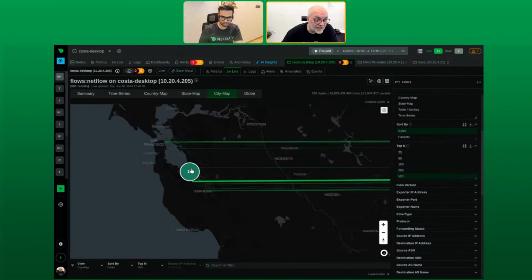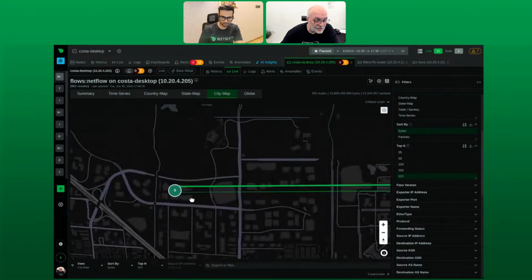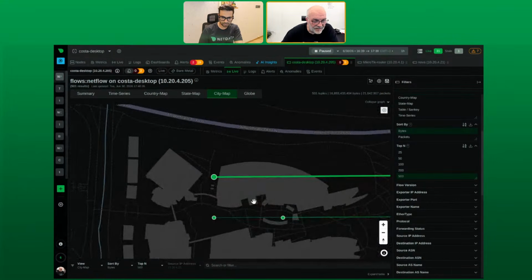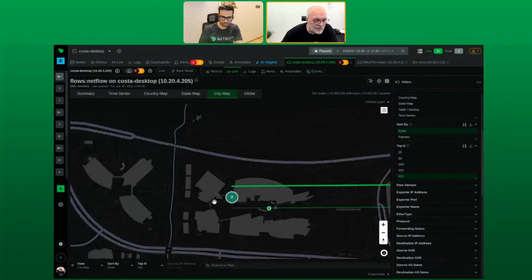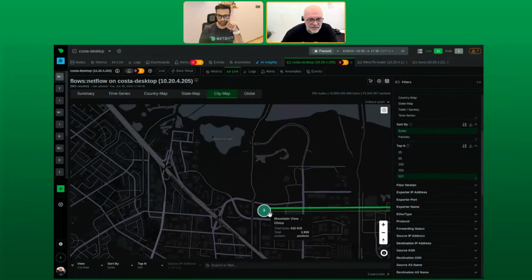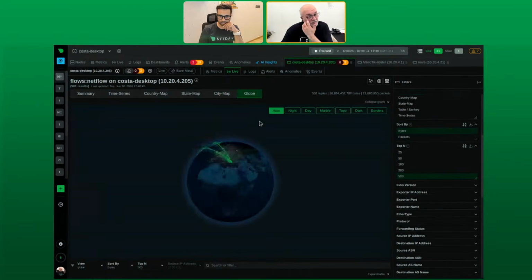You go here to San Francisco and you have, for example, the street address. This does not happen in Europe, but in the US it happens. Probably some data center of AWS or something is here. And of course, there is a globe view where you can have a very quick view